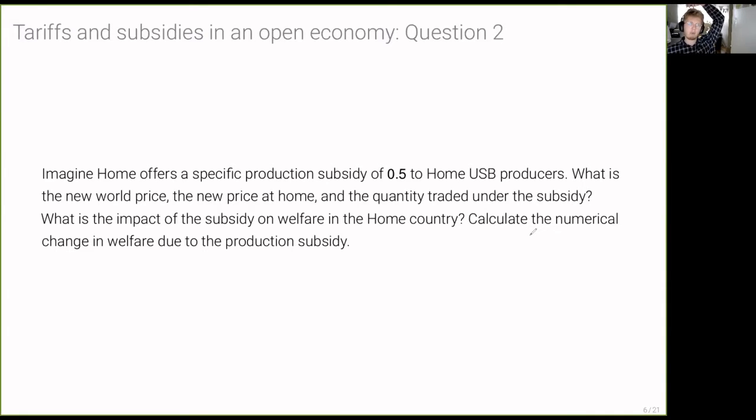Question two is now where we're going to consider a new type of trade policy. We're going to consider that home is going to implement a production subsidy for USB producers. What that's going to do is that if producers receive a given price that's determined by the world market, that's going to increase the price that they receive by 0.05. And what we want to consider is, what is going to be the impact of this policy on welfare in our home country,